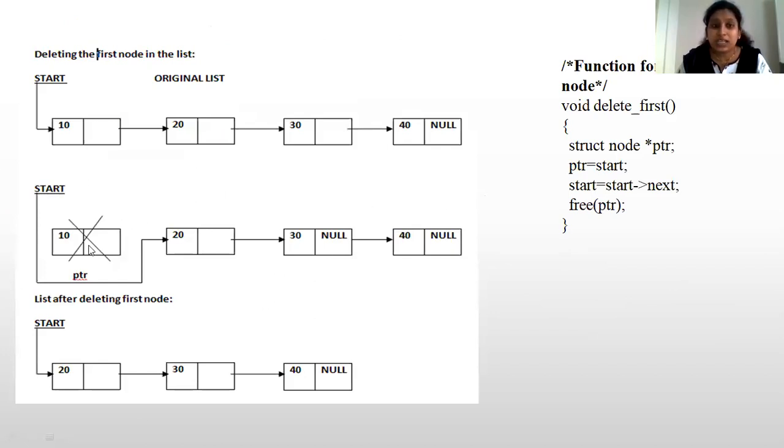Okay, so if this is your list and you want to delete 10, we are going to delete it like this. Simple. 2 steps will be applied here. Your start will be your pointer now, and you move your start to start of next, and we just see that the pointer which we want to delete is removed. So after deletion, it will look like this.